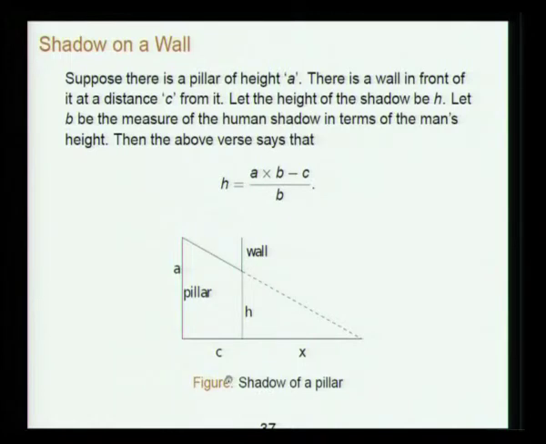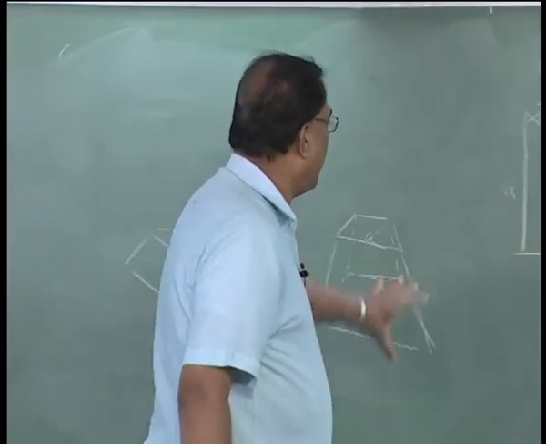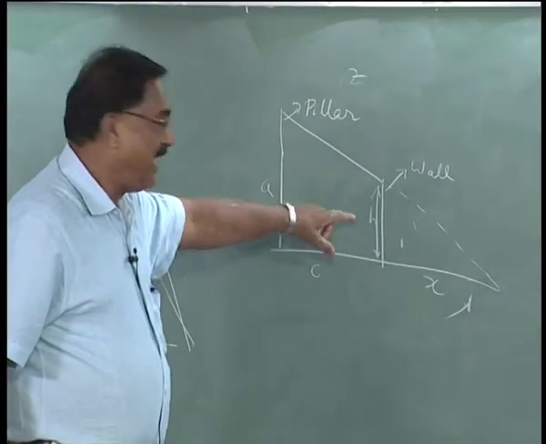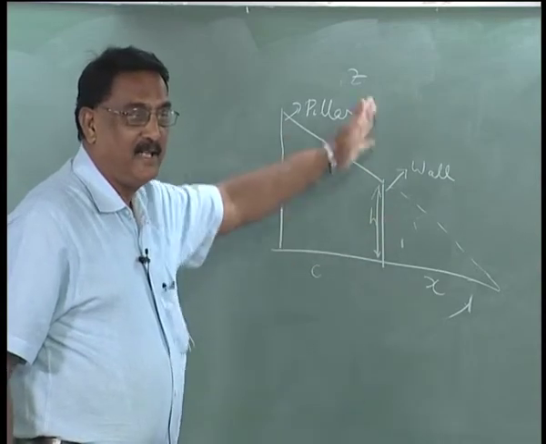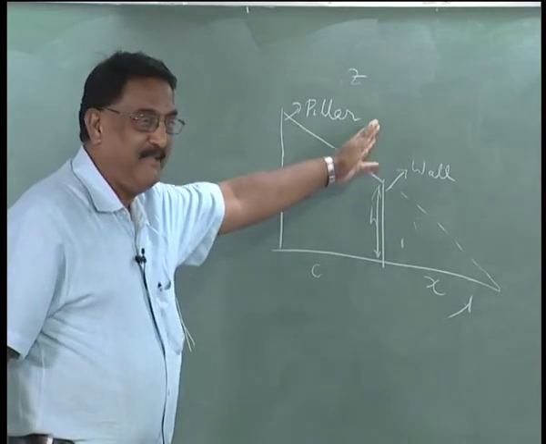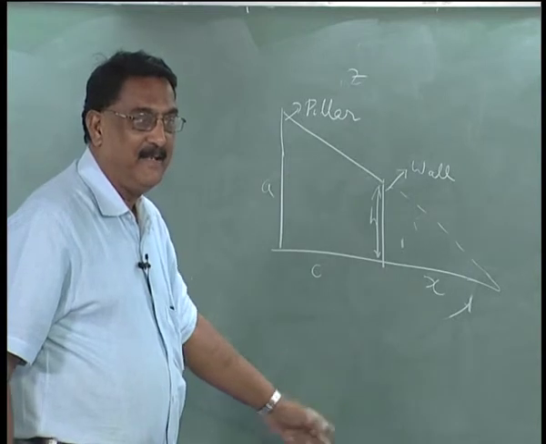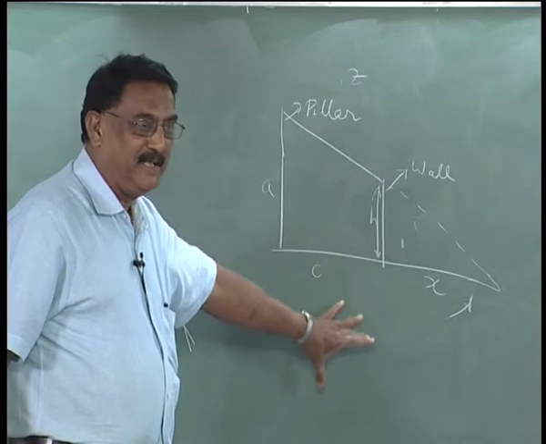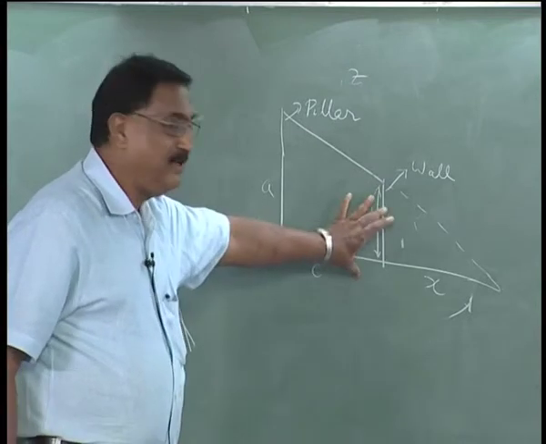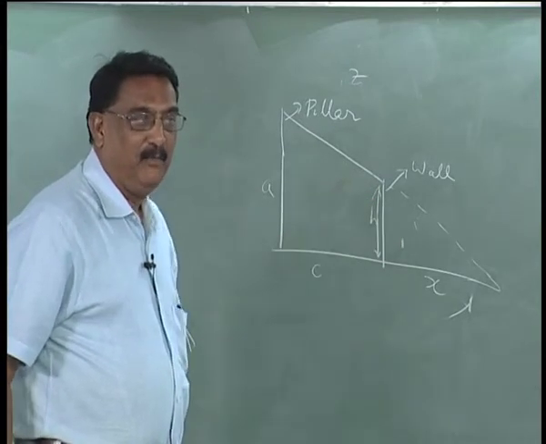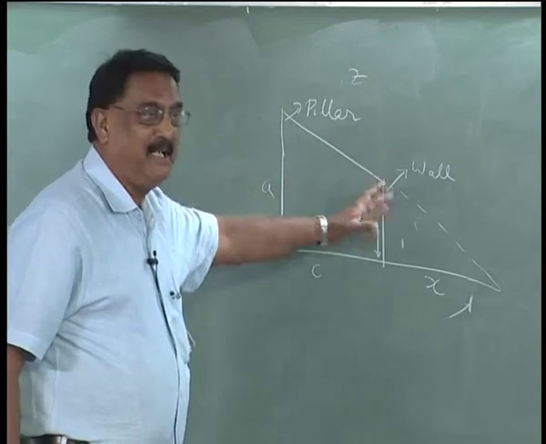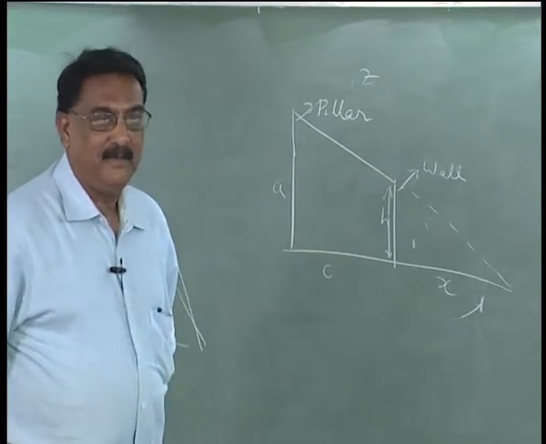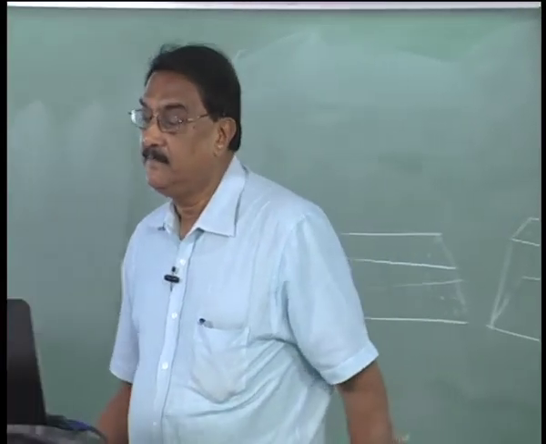So this is an important result and is again relevant, for instance, for a lunar eclipse. If this is the earth, and sun rays are coming, and suppose this is the moon's orbit, there is no wall, but this is where the moon is traveling. The shadow region will be this. If the moon is completely in this, then it is a full lunar eclipse, and partially in it, a partial eclipse. I will come to that.